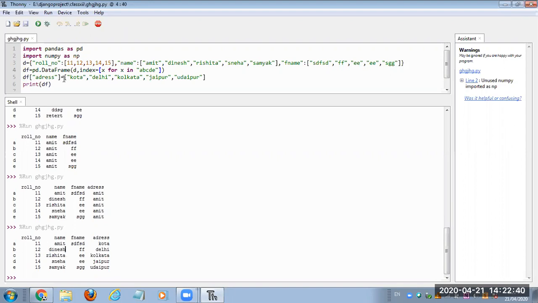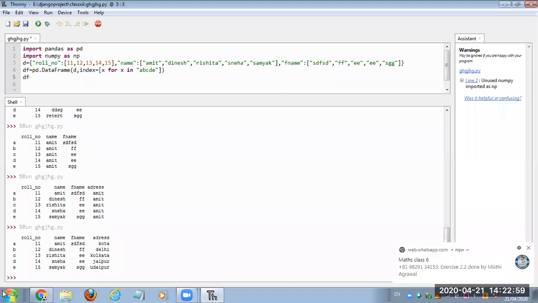Okay. So to access a particular value, a particular cell, write down the heading. Suppose I'm writing df dot name.